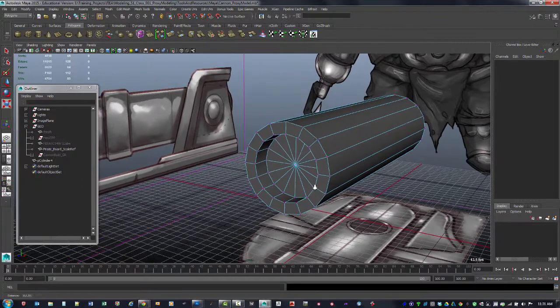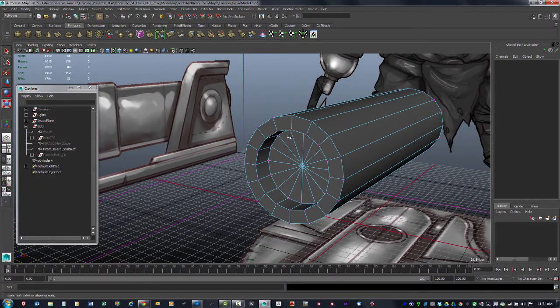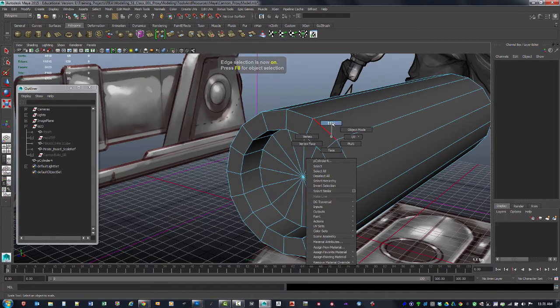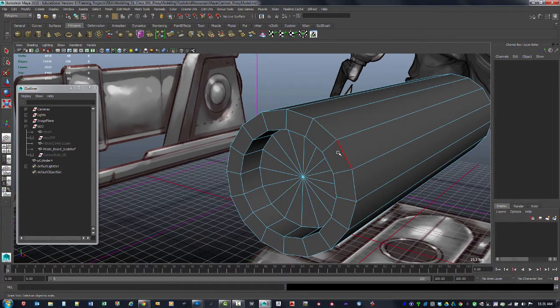The next thing we're going to look at is using the Bevel tool on here. So I know with the Bevel tool, I need to have edges to use that tool. So remember, the hotkey for that is F10, or we could right click on here and say edge. They've got this cool functionality inside of Maya. If you see, this is considered an edge loop. So this is a loop of different edges that go around, and it's continuous, so we can just double click on it and it'll select that entire loop for us,